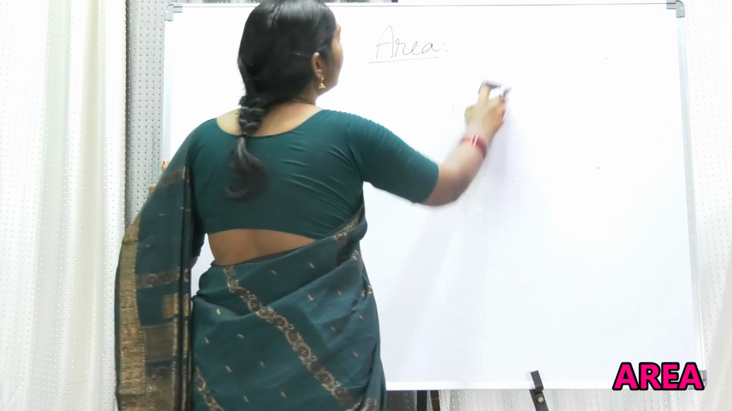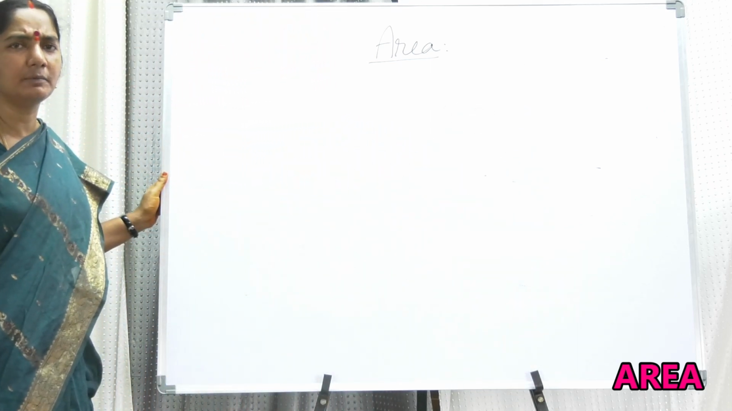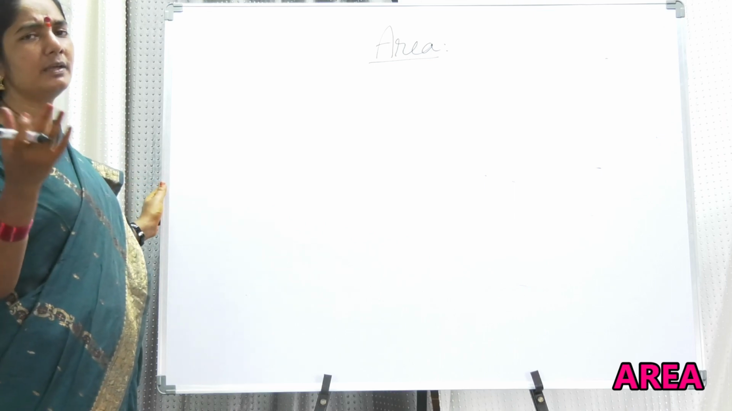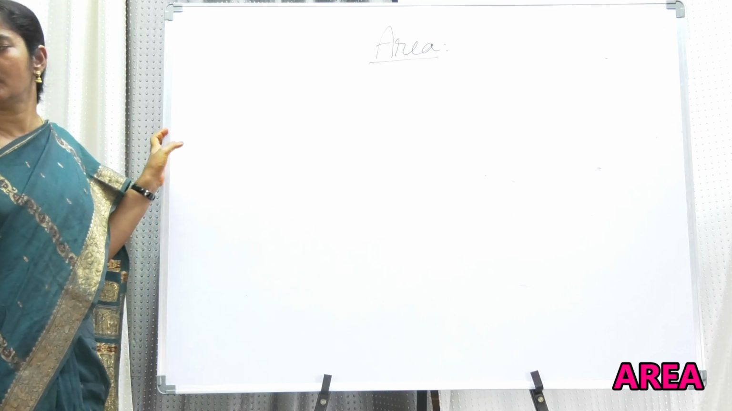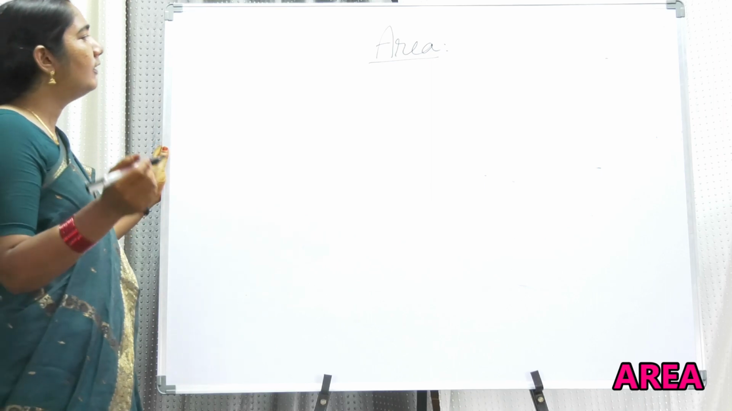If it is too small, don't go for square kilometers and square meters. Go for square centimeters, square millimeters. If it is big, basing on the situation, you can go for larger units. And next, 1 hectare is equal to